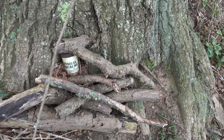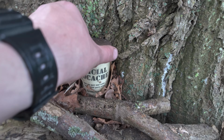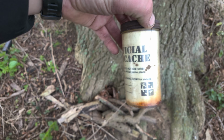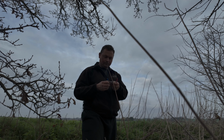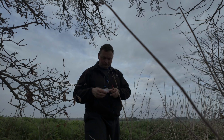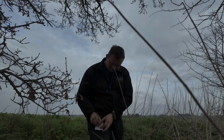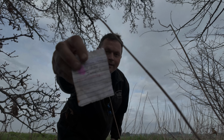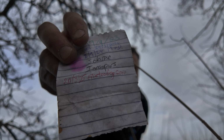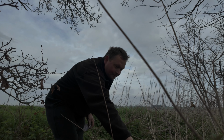Well done, Tarmo. This is my first cache today, placed by Hachi web, and it is conveniently on the way to the pirate caches. I must say, sadly, the content of the cache is maybe not in the best shape. It looks like lots of crumbling paper here. But it seems to be dry, so at least it's keeping the water out,